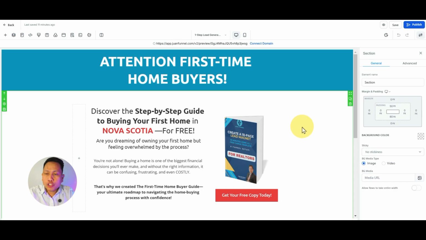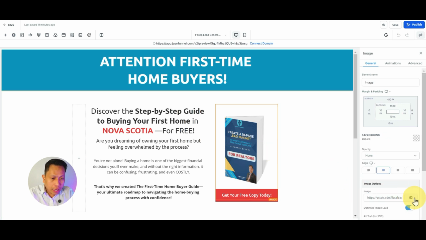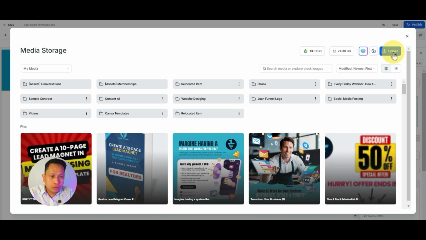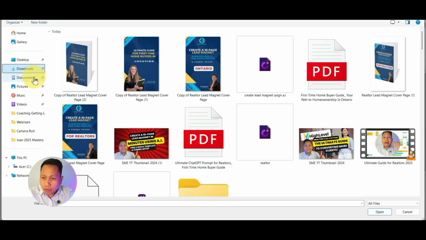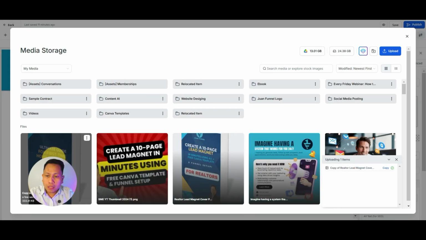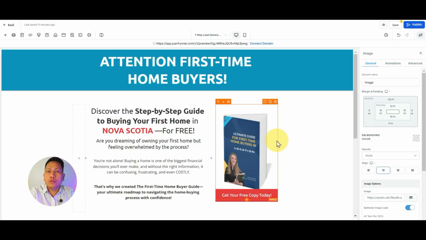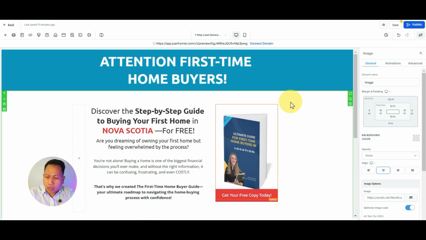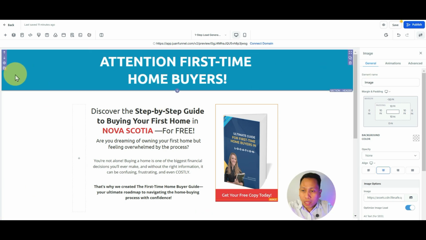And that's it. Let's go back to our funnel and we will change the photo. So click this one and go to the image options. Click this and click upload. And then go to the browser. Okay, select download here. Here you go. And then let's double click. And here you go. So we're able to change the image of the PDF form that they can download, right? So this is one way of putting your brand. So feel free to add some photos or images. You can change them there. So I'll just run this quickly.